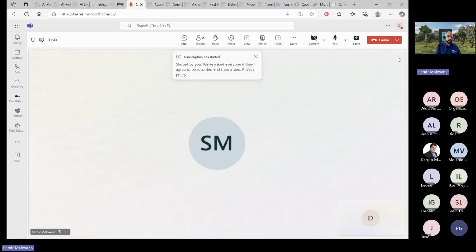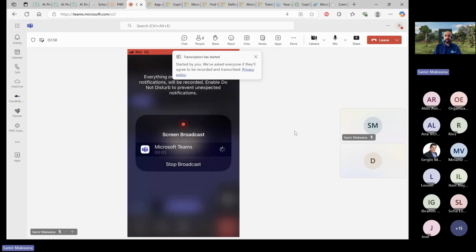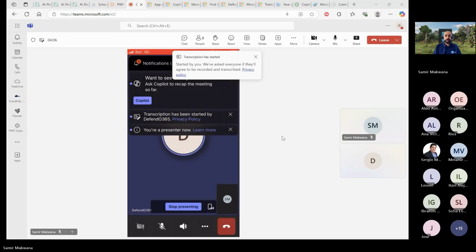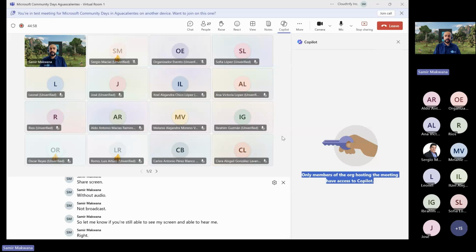Share screen without audio, start broadcast. So let me know if you're still able to see my screen and hear me. Okay, perfect.